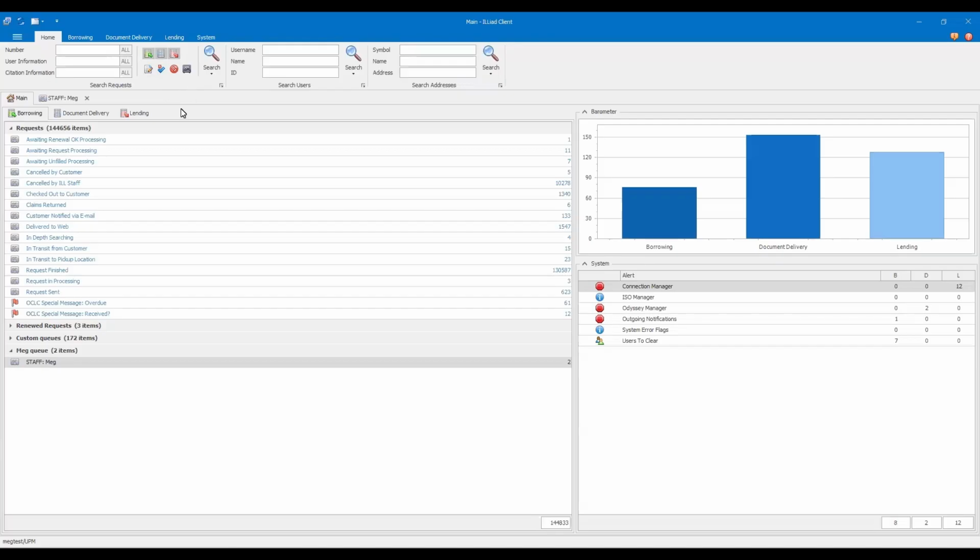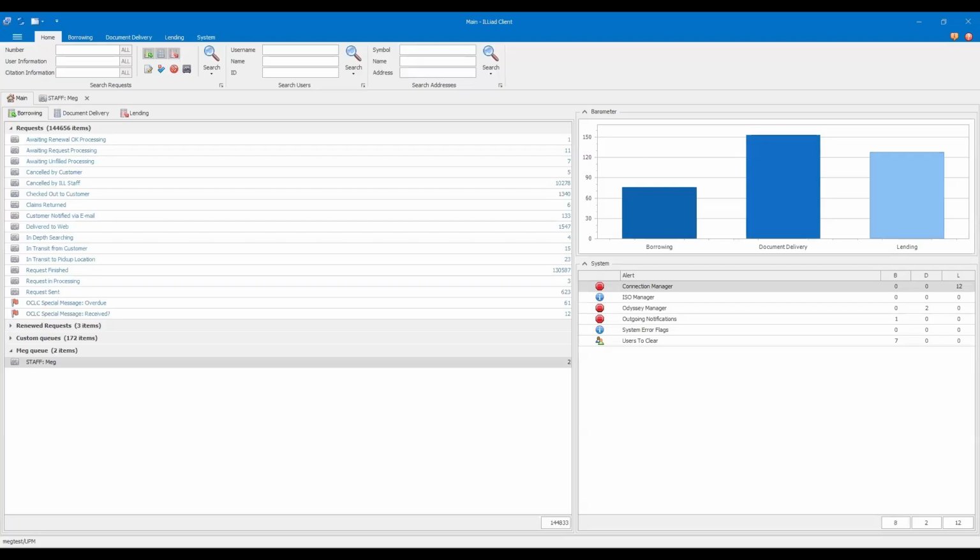The second search area in the middle allows you to search for users. You can search by username, name, and ID. The third area allows you to search for addresses for borrowing or lending libraries. You can search by the symbol, name of the library, and by the address.